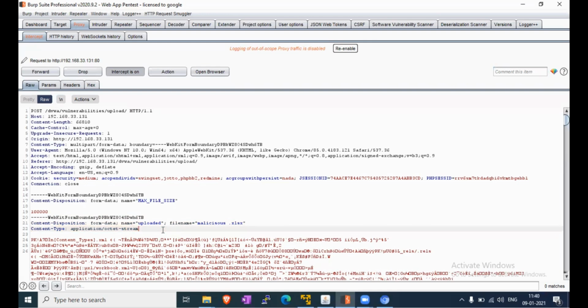So we are changing the content type here to image/JPEG.